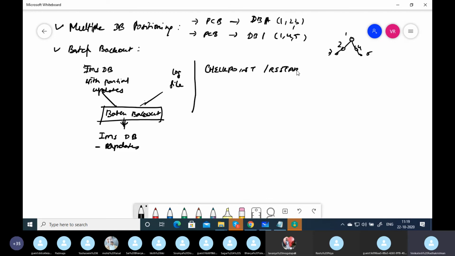Checkpoint restart logic, in which we are going to do a commit periodically. Here commit is using a function chkp, and for restarting we use xrst. It's a function code like GU, GN. These two function codes are available, but it's a little advanced concept. Probably I will let you know, in case we come across it, definitely will be coming across later. I'll send a link where you can read this. I'll give a document also with the demo.